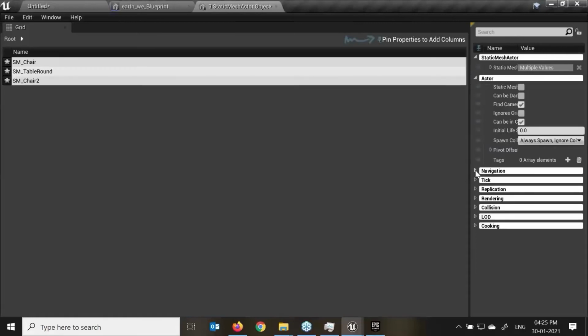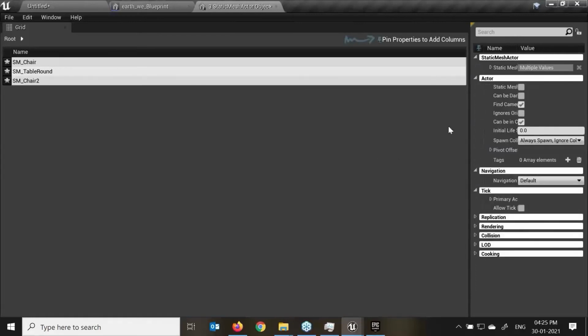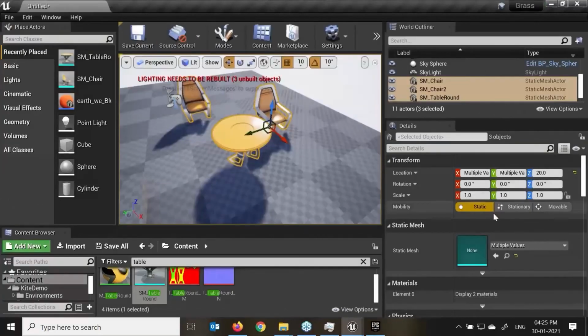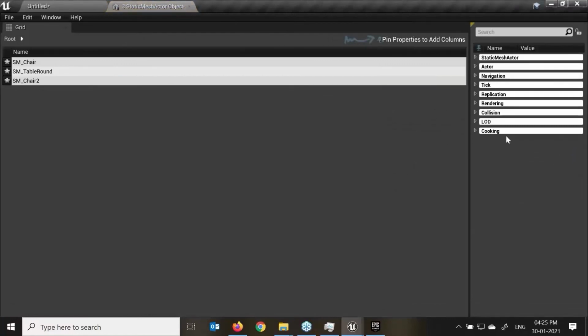I'll go to the actors, say navigation, where we have the common values or attributes that we can see in the property matrix. Now where can we see the property matrix? After selecting the object, here in the detail panel, we have this icon over here. Click on that, and this will open over here.